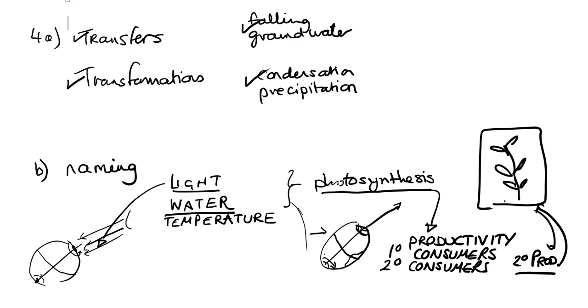So overall, for 6 marks, you can mention these 3 things: light, water, temperature. You can explain them. Maybe you just explain light and water. So you get a mark for mentioning them. You get a mark for explaining them. You link them to productivity. You make sure that you name your biome. There's no mark for naming the biome, but if you don't name the biome,